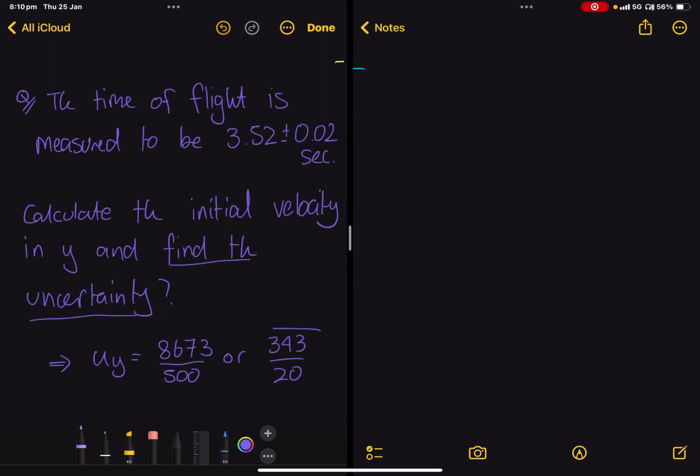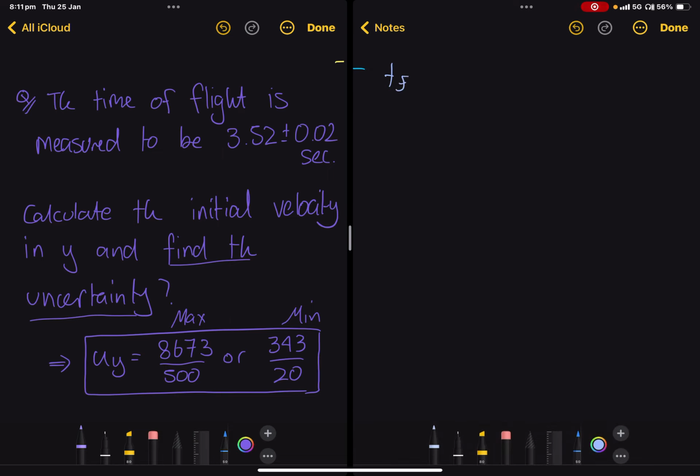Now down here we have the two initial velocities. One of these corresponded to a maximum, one of them corresponded to a minimum. So now we need to work out what the uncertainty is in terms of possible initial velocities. So the way we're going to do this is we're going to find what happens when the time of flight is equal to